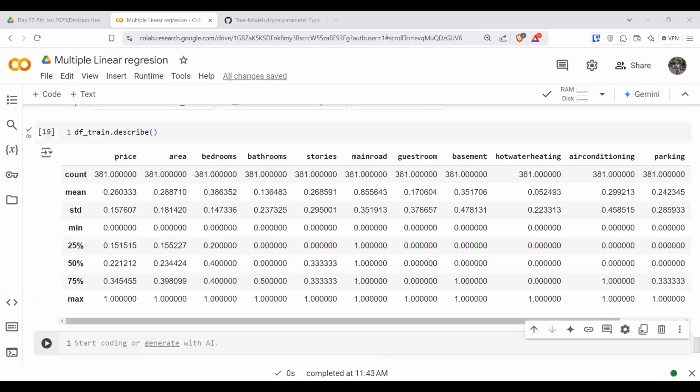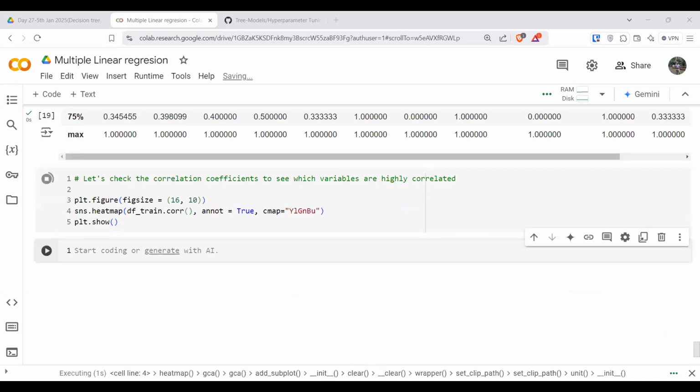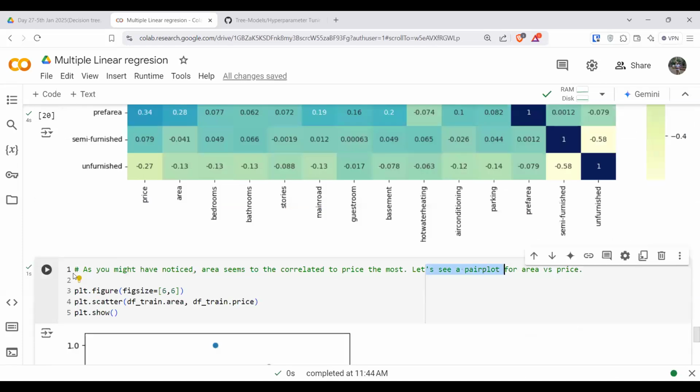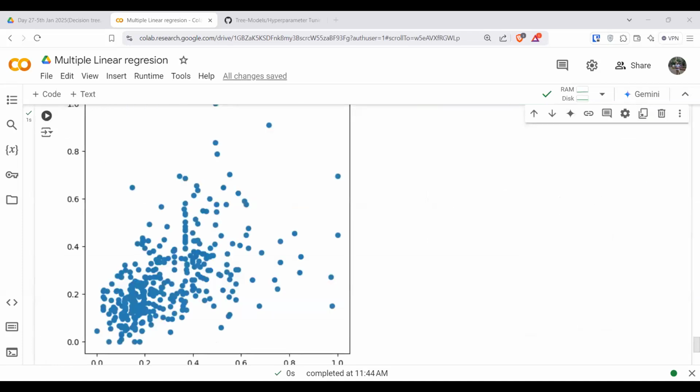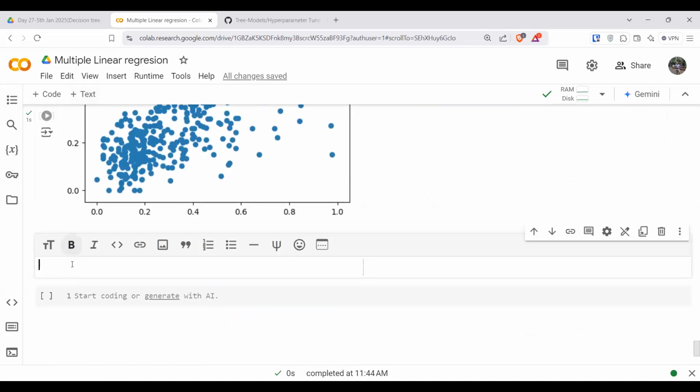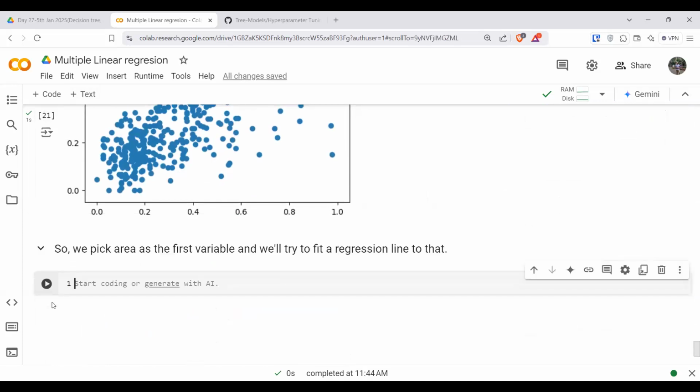Then we'll go with the heat map to check the multi-collinearity in the data. Then you might have noticed the area seems to be correlated with the price. So let us see a pair plot for the area versus price. Now we'll divide your data into X and Y. What do you have in X? You have all the independent variables. What do you have in Y? You have the target variable. So dividing your data into X and Y,